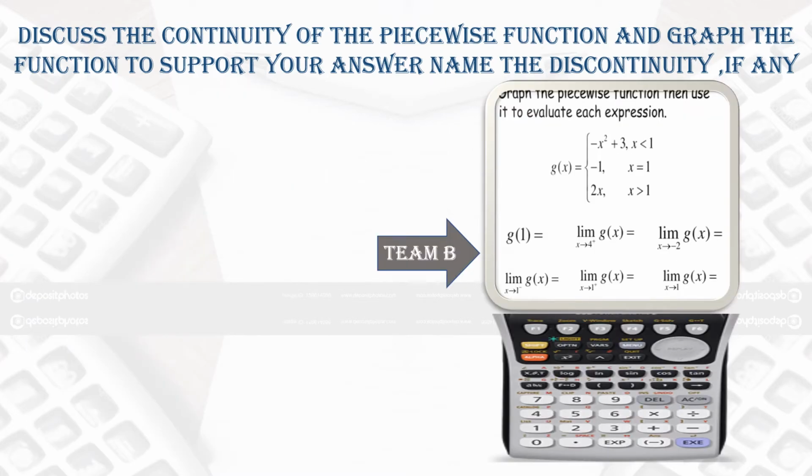Let's solve the same kind of question. First of all, they are asking you to evaluate g of 1. Now g of 1 means you have to see where g equals is written with the 1.